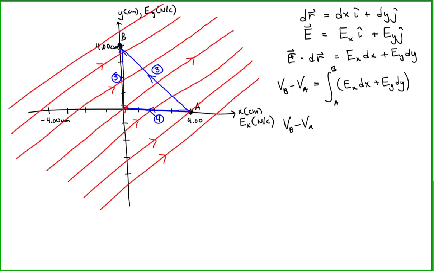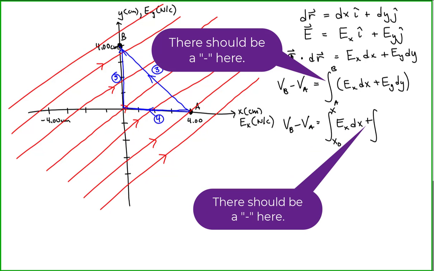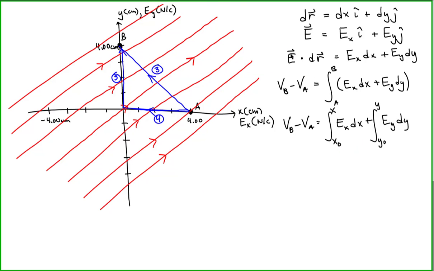Well, this then is just the integral from some initial value of x to some final value of x, the x component of the electric field dx, plus the integral from some initial value of y to a final value of y, the y component of the electric field dy. This right here is going to be the general formula that we are going to use to find the potential difference, whether we are going along path 3 or if we take path 4 followed by 5. I chose to express it like this because I recognized that the electric field was given in terms of unit vectors, and I also knew how to express the position differential in terms of unit vectors. So that means that we could evaluate the potential difference